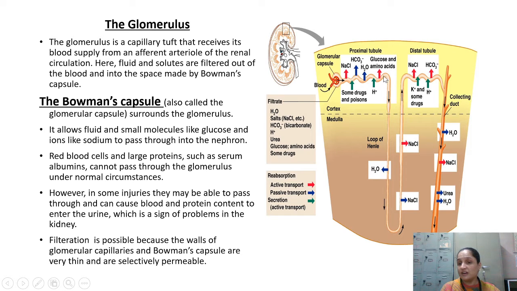Glucose and amino acids, entire amount of the glucose and amino acid need to be taken back into the renal circulation. Okay, so whatever is remaining, it will move down, and here in this part excess amount of water is taken back into the renal circulation. Now we are moving further. Excess amount of whatever the amount of salt needed for the body, it is also going to be taken back into the renal circulation. NaCl आगे जाकर के ascending limb of the Henle loop, again NaCl is going to be reabsorbed. Now we are going to move further.